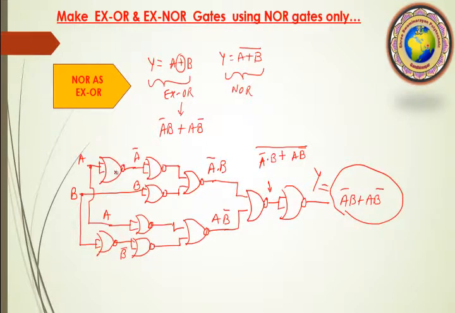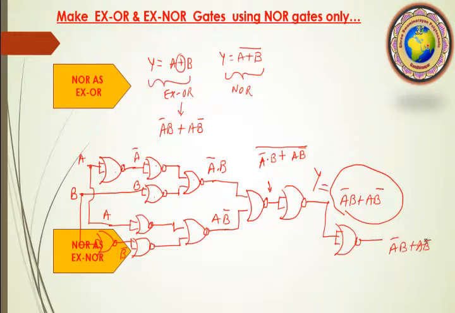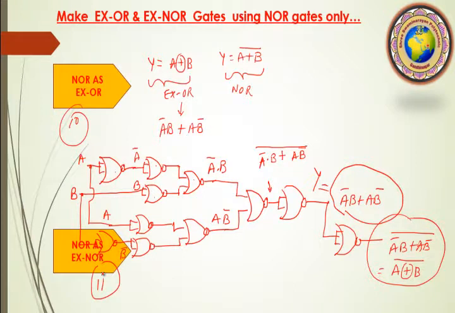So we require 1 2 3 4 5 6 7 8 9 and 10 to develop this. Okay, and suppose we require XNOR, so one other gate here, I take A bar B plus A B bar whole bar, or we say that A plus circle B bar. So this form is called XNOR. So here I require 11 gates, or here I require 10, but this is too much. So I want to reduce this circuit by using a different way.